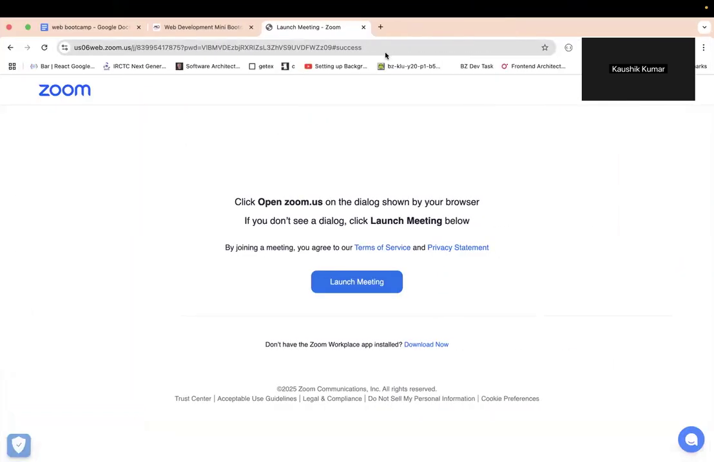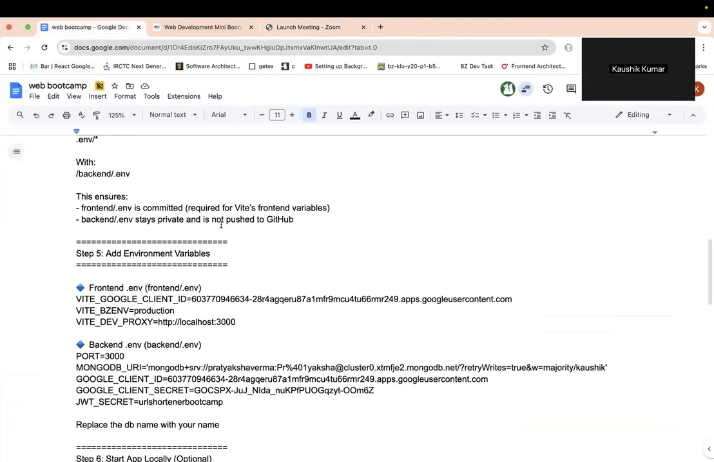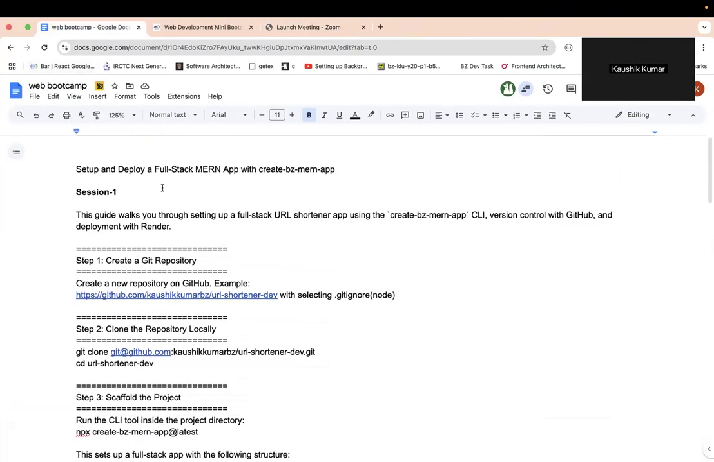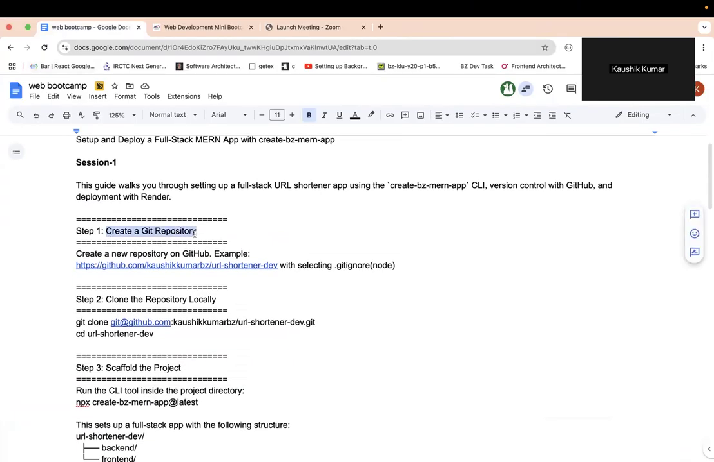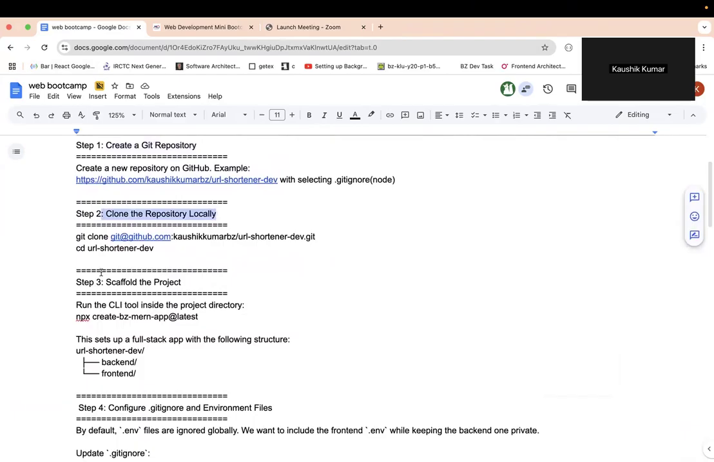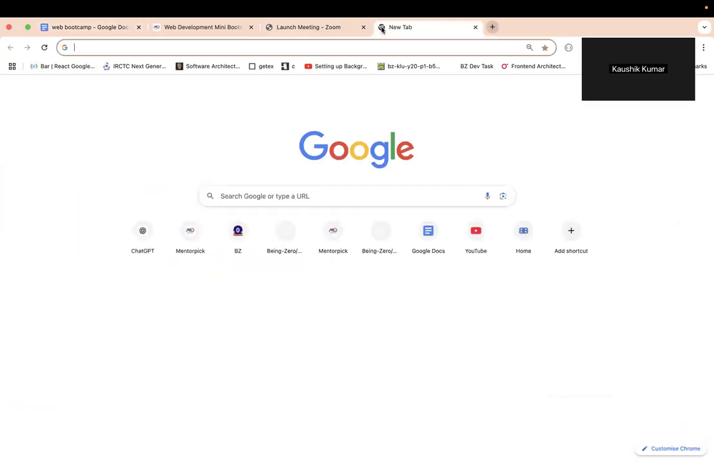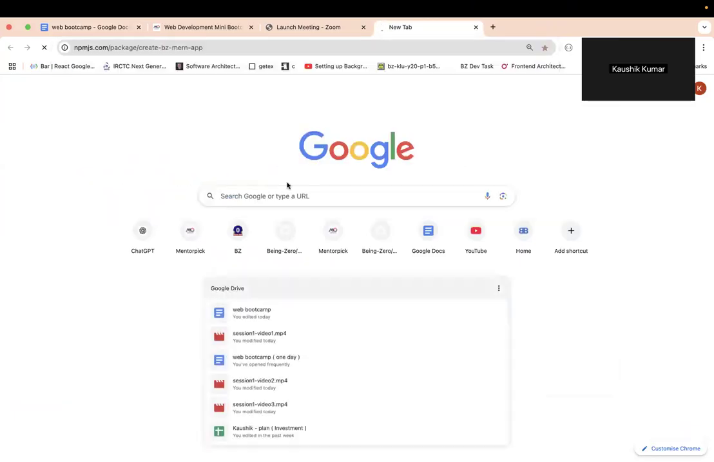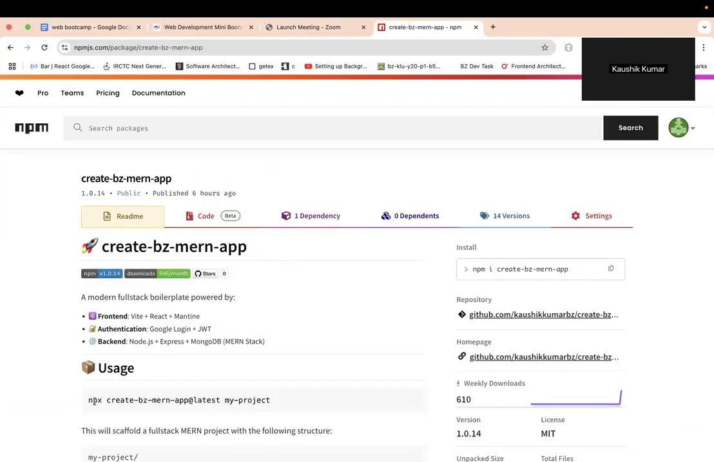Okay, so let's quickly go through what we did so far. Initially, we created a GitHub project. Then we cloned it into our local system, right? There we ran a command with npx. Basically, this command, right? So what this command did was